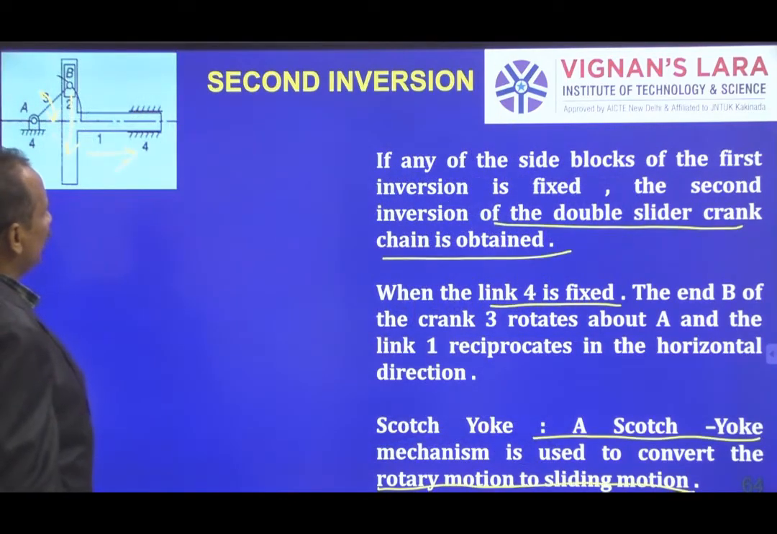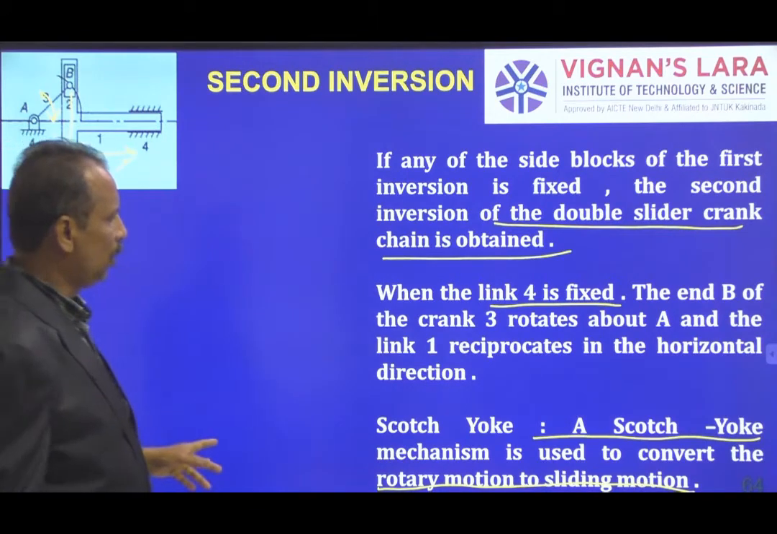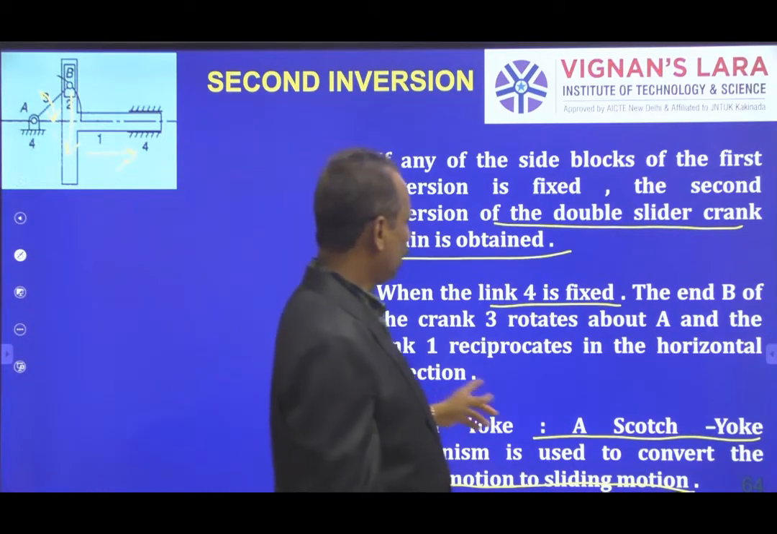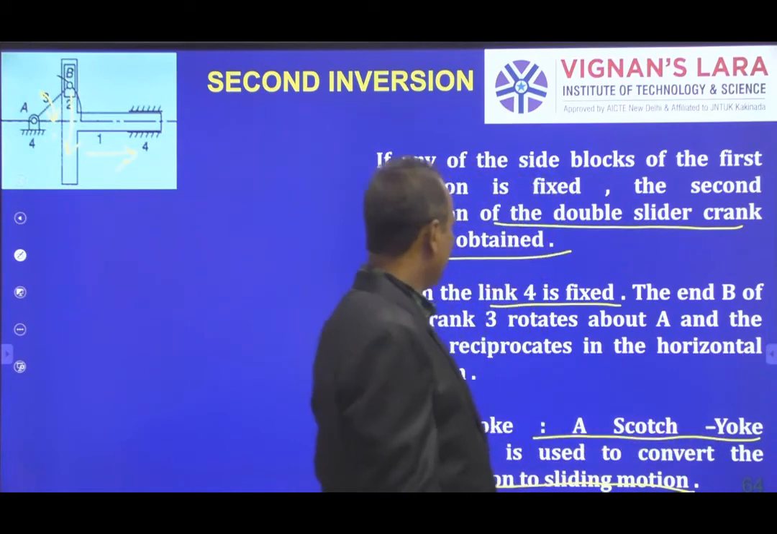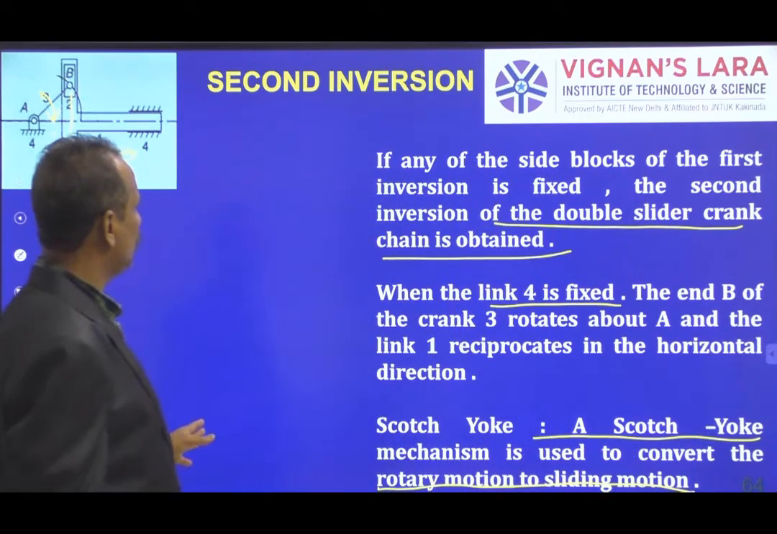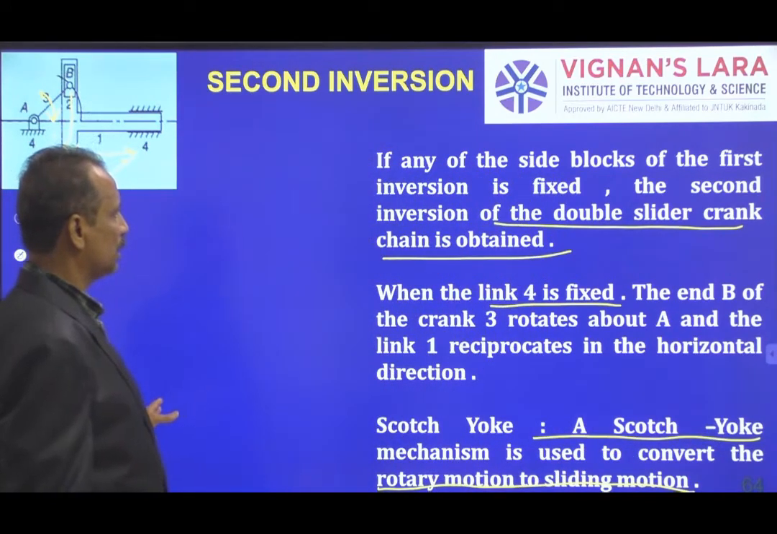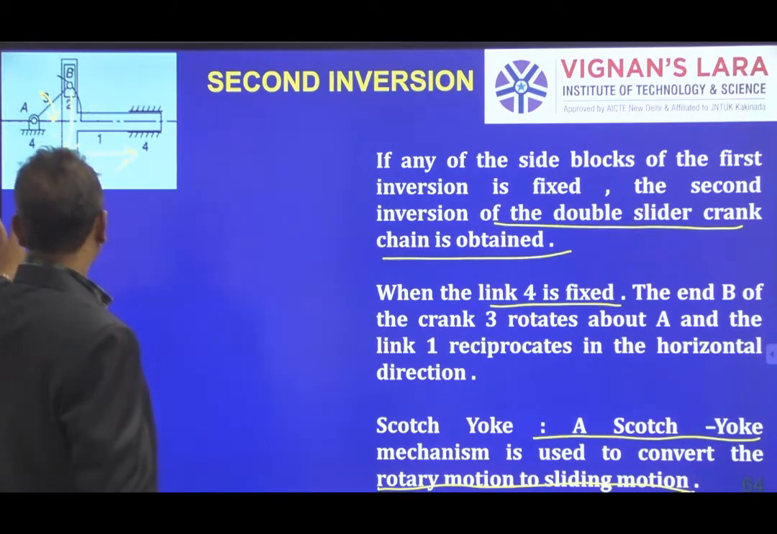Then the second inversion is by fixing link 4, converting rotary motion into reciprocating motion. That is the Scotch Yoke mechanism. The mechanism name is the Scotch Yoke mechanism. And finally,